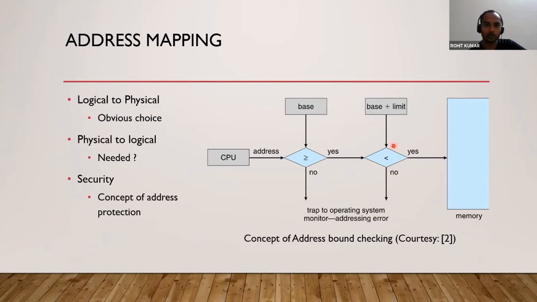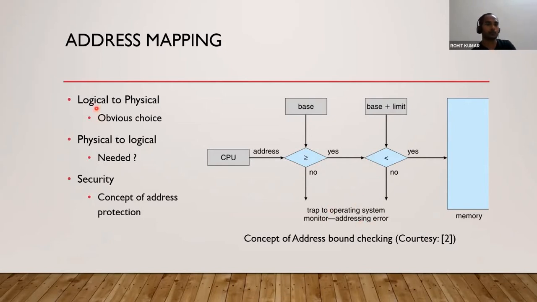not allow you to enter the address space of another process, because this memory management protection mechanism, this address mapping, is supposed to be bounded by these security checks, that whether you are trying to access the right memory space area or not. If you are going with respect to the right base and limit values, then only you will go to the memory location, else there will be a signal to the operating system.